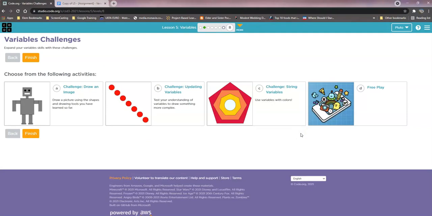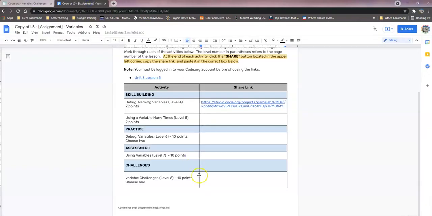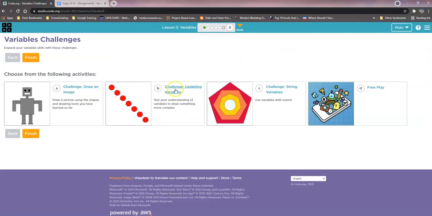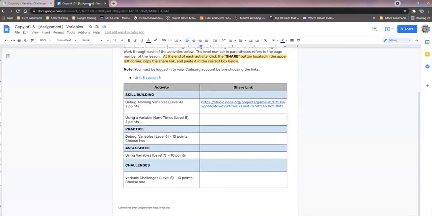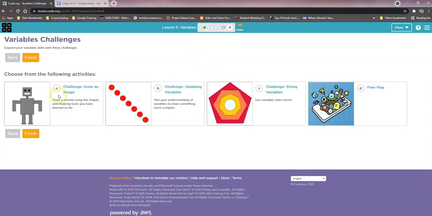And in challenge 8, you get to choose 1 for 10 points. So you can do the robot, you can do the ellipses that go diagonal, or you can do the string variables. You will not do free play though. There is no free play. Okay? So you have to choose A, B, or C. And when you click that challenge,